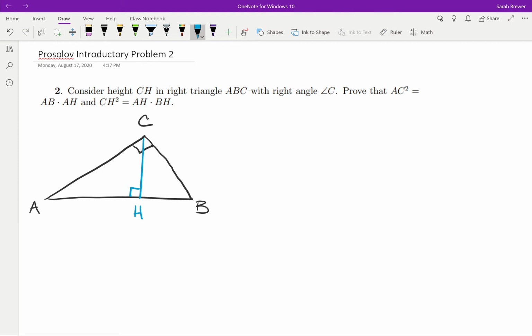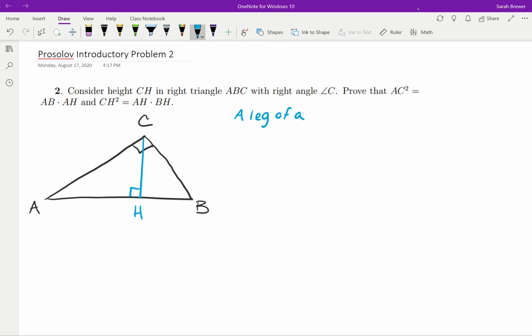Now, there's a couple of theorems from elementary geometry that we could apply here if we know them, and I'll state these. But we're not going to use them because I'm not going to assume that anybody remembers these or saw these in their old geometry class. Instead, I'll show you where these theorems came from, because that's basically what this problem is asking us to do. So the two theorems are that a leg